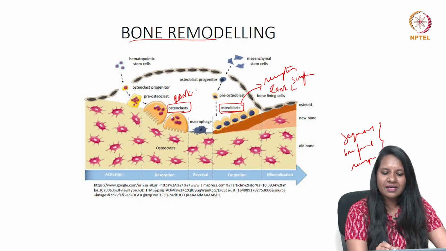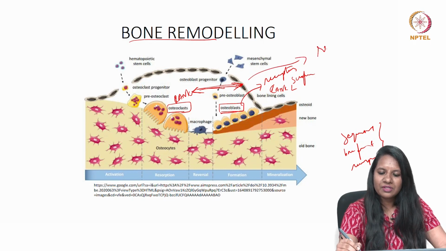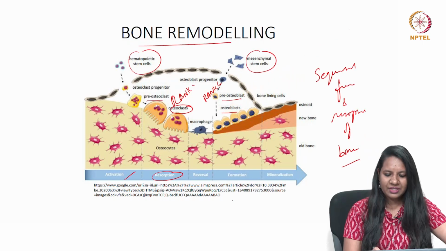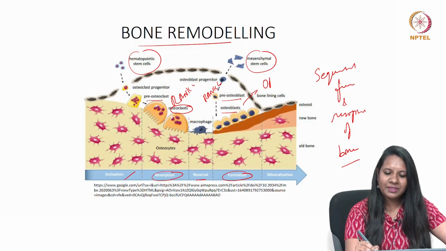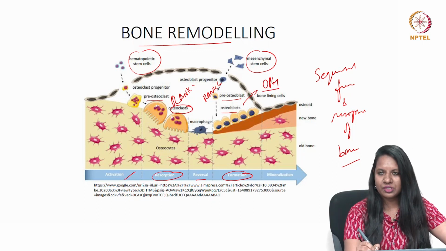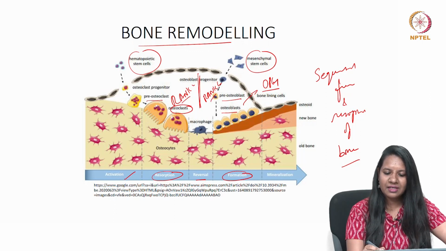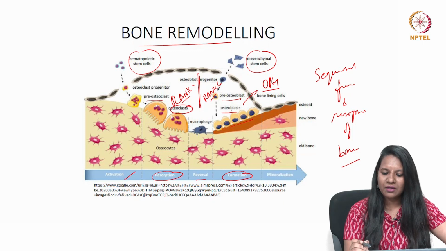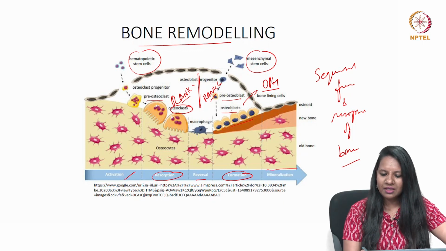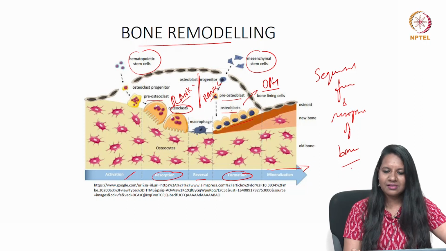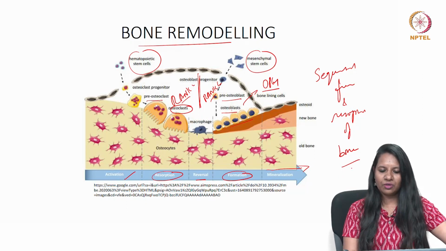So when there is synergy between RANK and RANKL, or when they both join, there will be resorption. And formation is reversed and again formed because of the presence of OPG, that is osteoprotegerin, on the osteoblast, which will break the bond between RANK and RANKL and hence leads to formation of bone by the osteoblast, which leads to extended mineralization. That is, it is the sequential formation and resorption of bone.